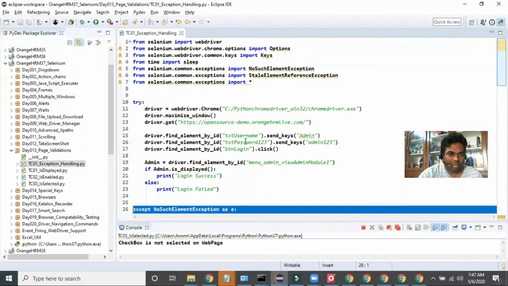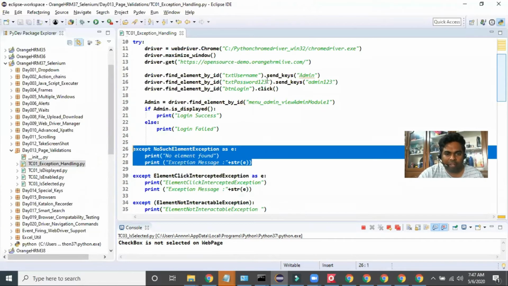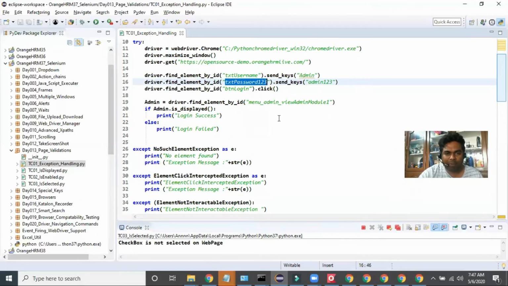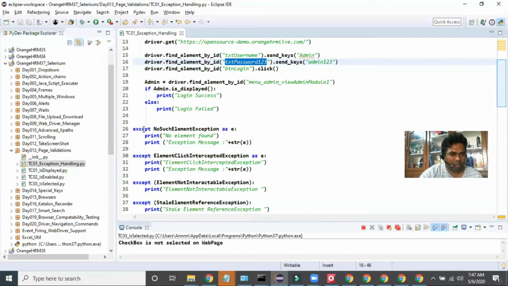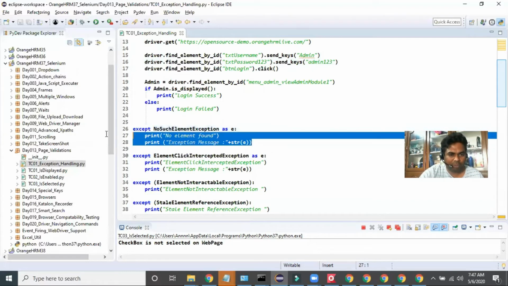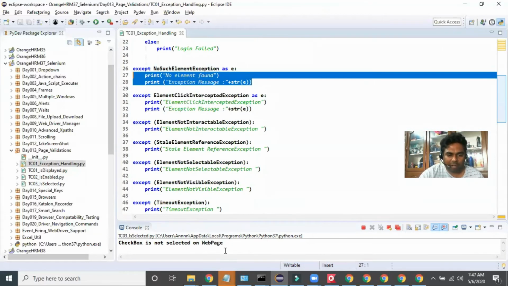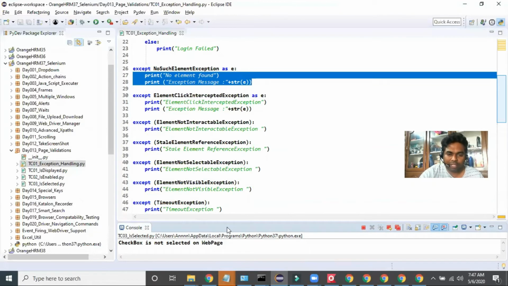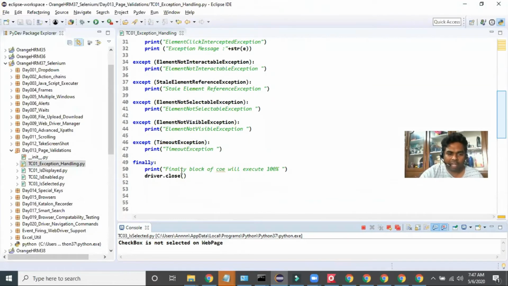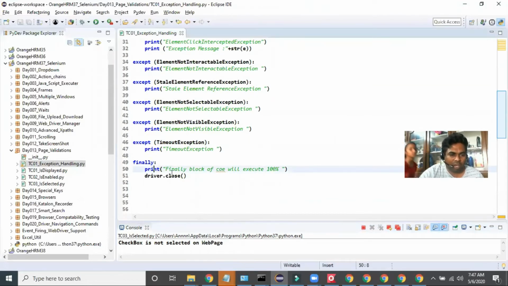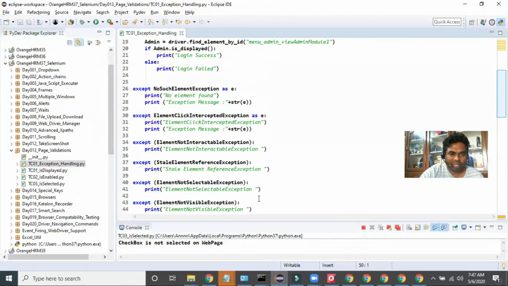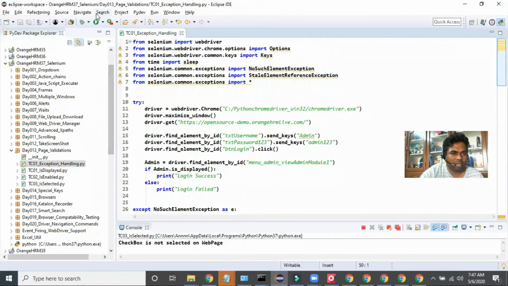Now let's see, if I give some name as incorrect, txt password 1 2 3, the driver is unable to find that web element, and the control will jump onto the corresponding exception block. No element found, and the exception message will be printed on the console, but it won't be terminated. The control again goes to the finally block, and those lines of code will be executed. Now let's run this program and we will see.